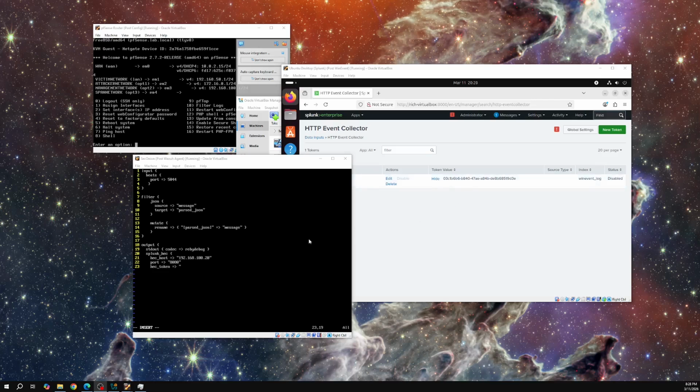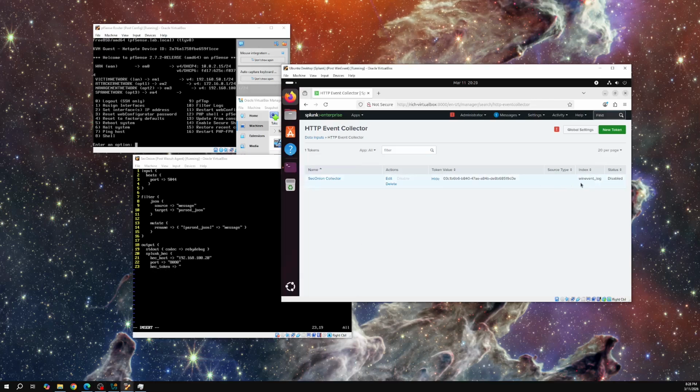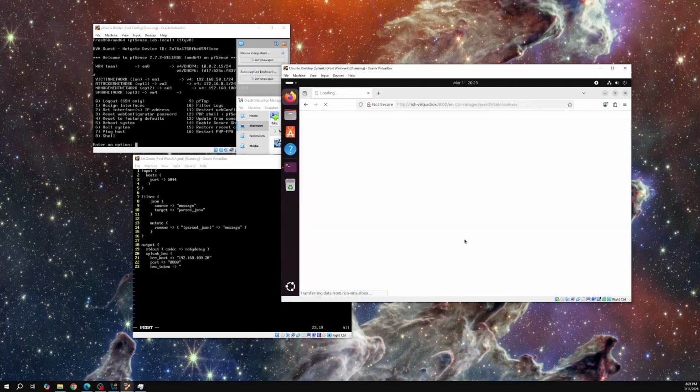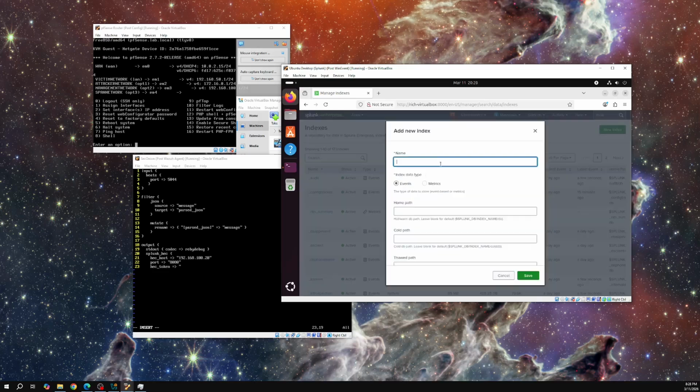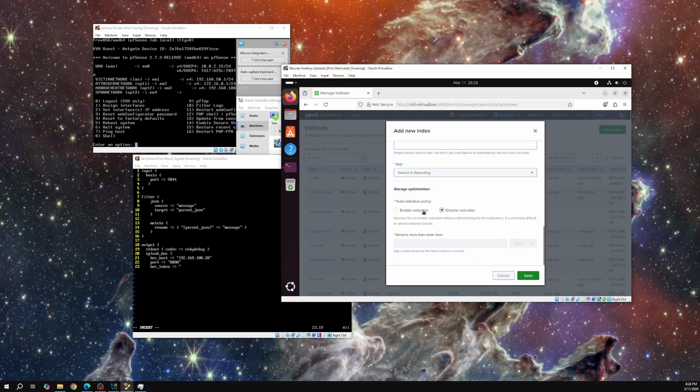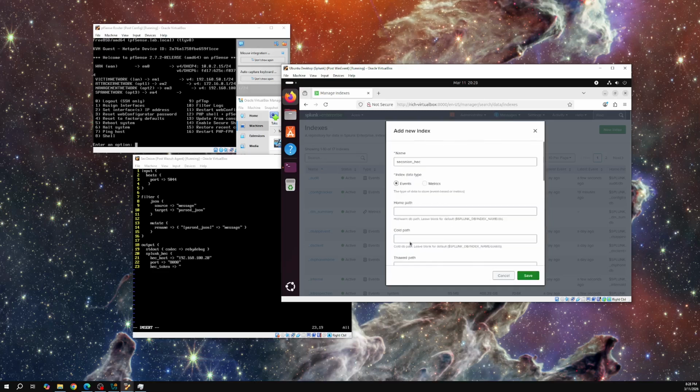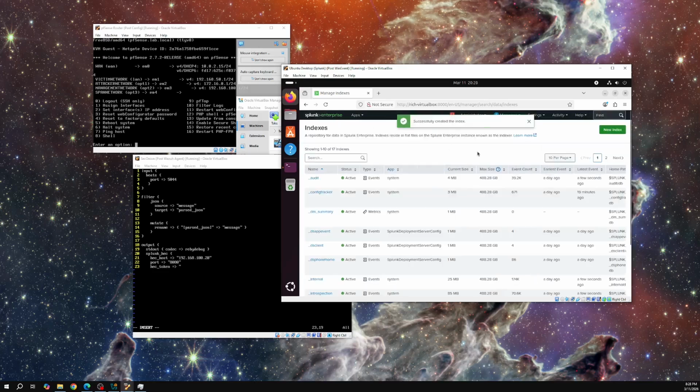So I'm going to go ahead and move this on over into this, but we also should create a different index here so that we can actually input it in. And I'm just going to do the same one that I did before, seconion underscore HEC. We're going to enable retention 2 days, reduction 2 days. There we go. And so now we can come back here, go data inputs,